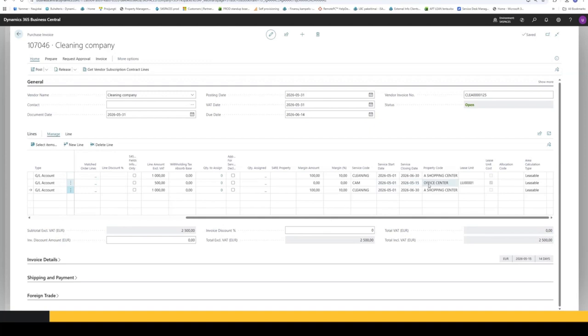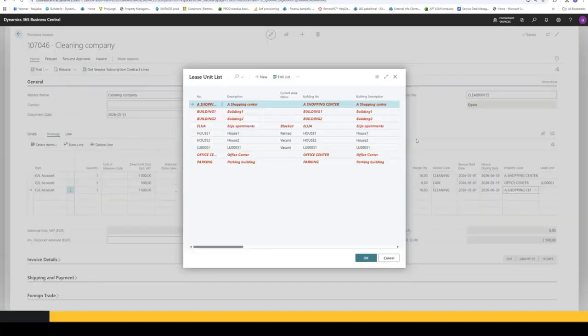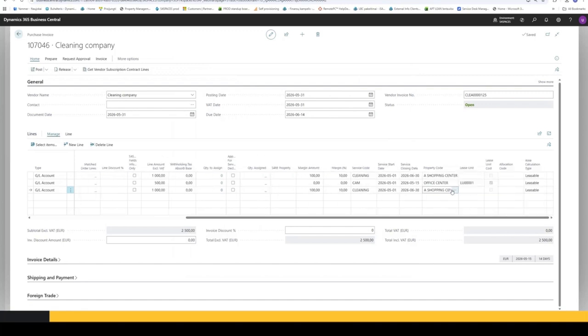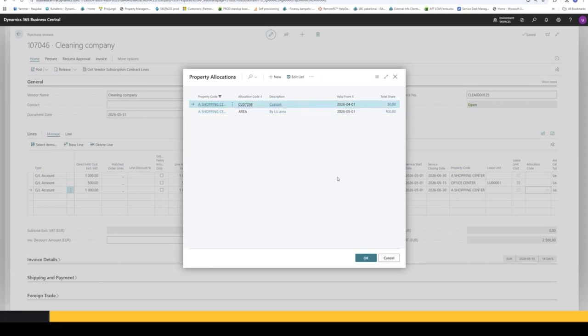It could be the annual amount, a few months, or just part of the month. If we want to allocate those expenses directly to the lease unit, we should define here the property code and the lease unit, and the lease unit cost checkbox will be enabled automatically. When you post the purchase document, the direct cost will be visible in all related entries. If we want to allocate cost based on the property statuses, we should define the property code and choose the leasable or leased status. And if we want to use the custom allocation codes, you should define the property code and choose from the list the code that you created in the